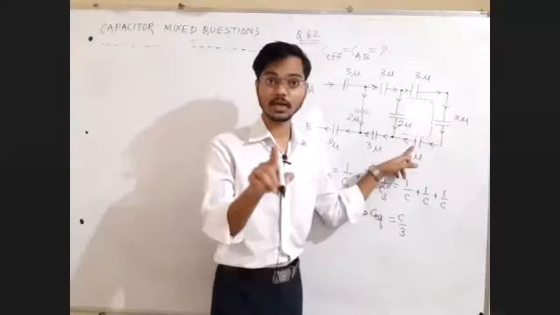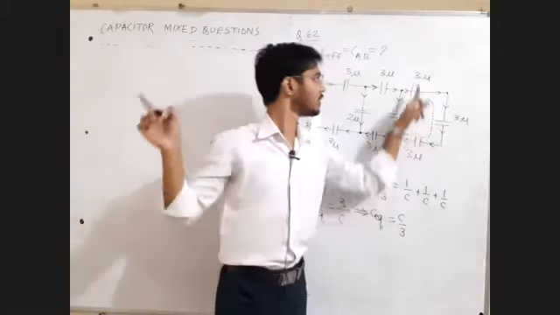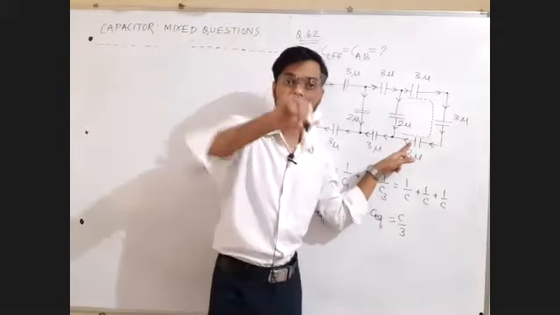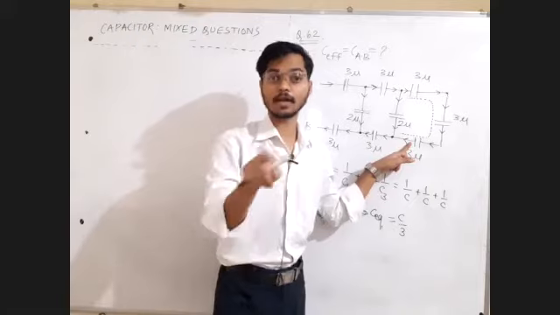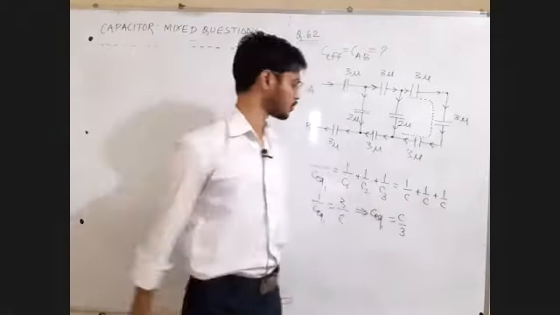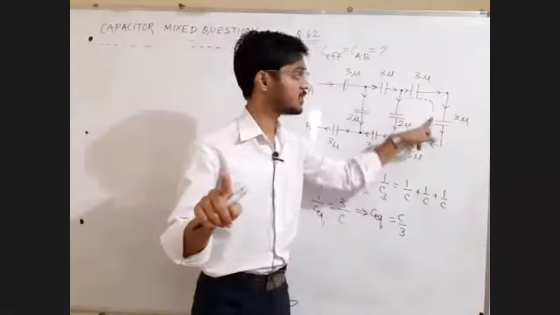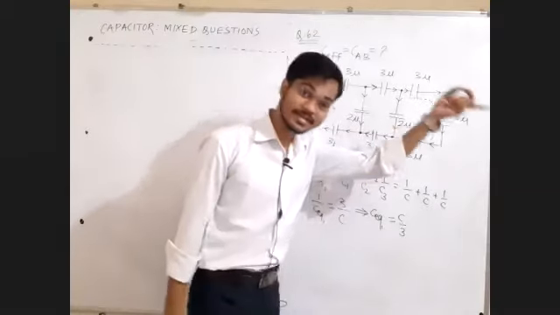Equal capacitors in series follow the rule of equal resistances in parallel. Capacitors in series, resistors in parallel. R parallel R by 3. R 4 times parallel R by 4. R 5 times parallel R by 5. So C in series, answer C by 3. Rule of resistors in parallel.